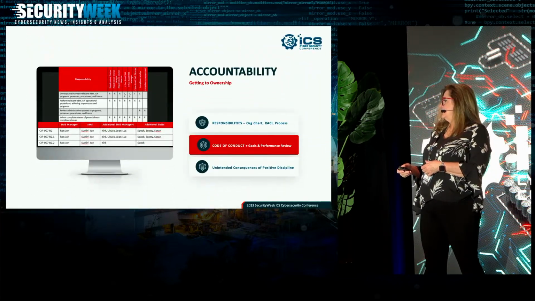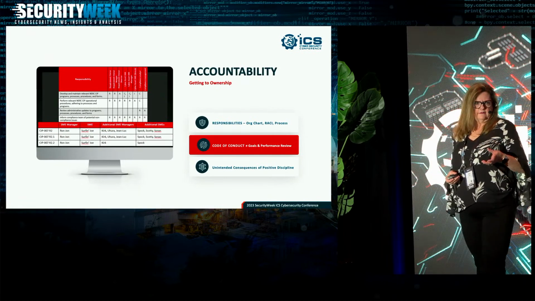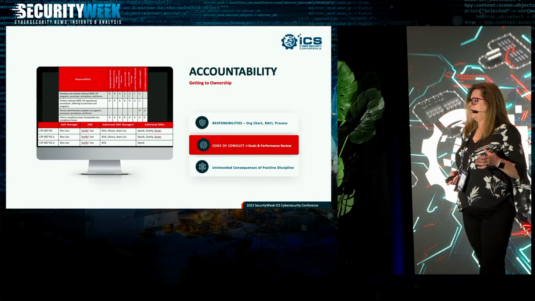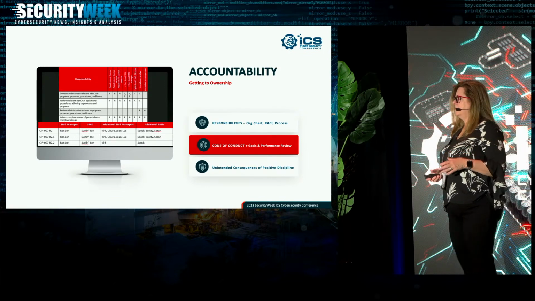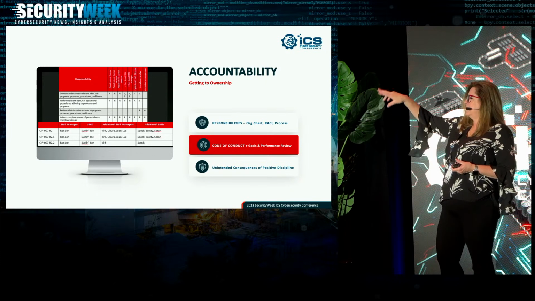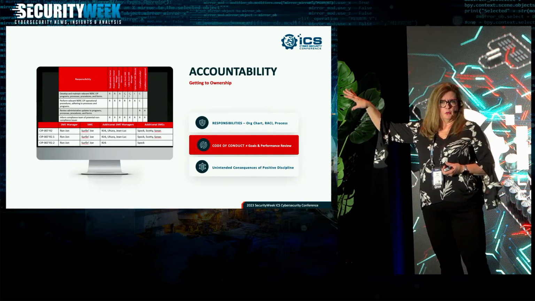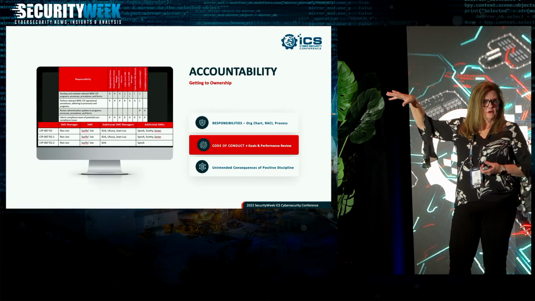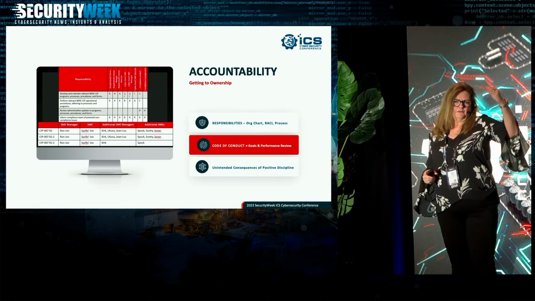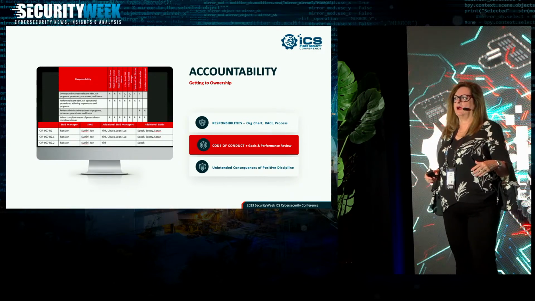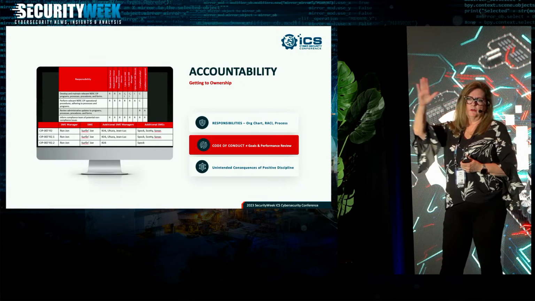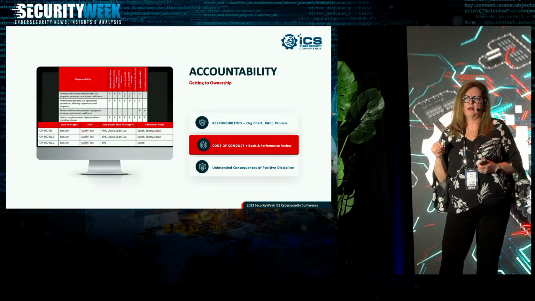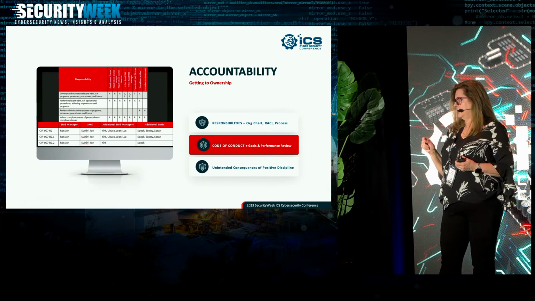And part of that, you really need not only a RACI or some sort of list of roles and responsibilities to help with accountability, and that's not the only thing. There's a couple of different styles. The one at the top is sort of a more traditional RACI matrix. RACI is responsible, accountable, consulted, and informed. So you kind of take the different responsibilities in meeting the requirements, list them out, put the role names across the top. Accountable, there really should only be one person, and responsible, there's usually only one person.